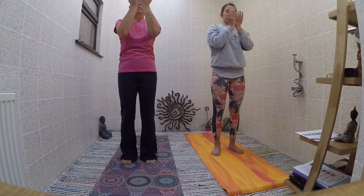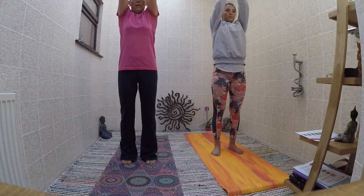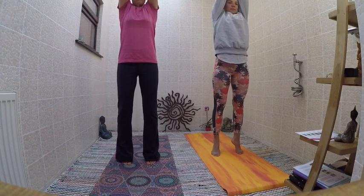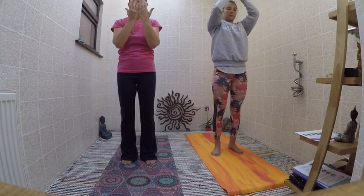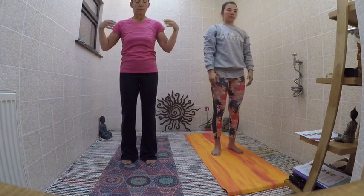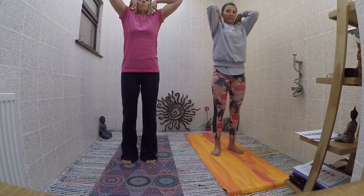Do it again. Put the fingers together. If you're sitting down, you can still do this lovely stretch. You can come onto tiptoes if you want to. And relax. Okay, put the fingertips on the shoulders and do great big